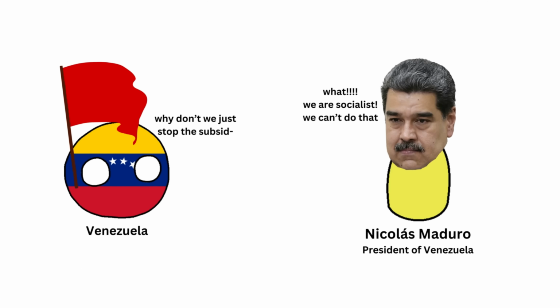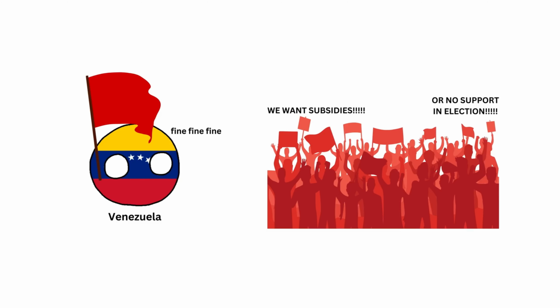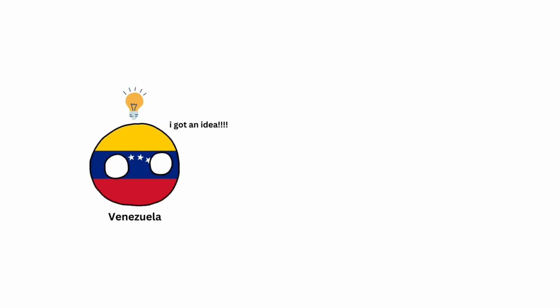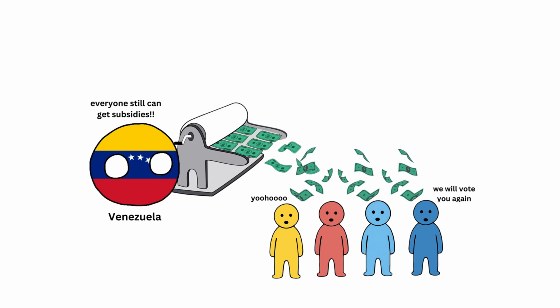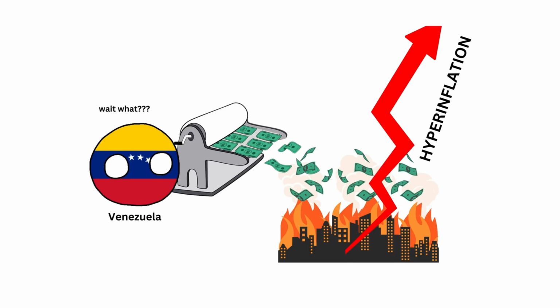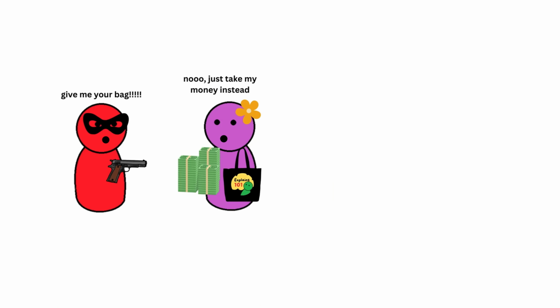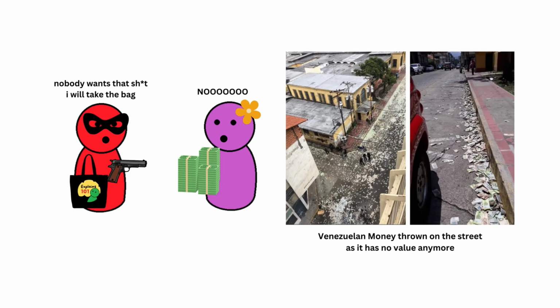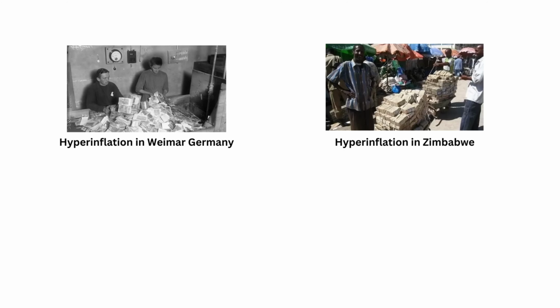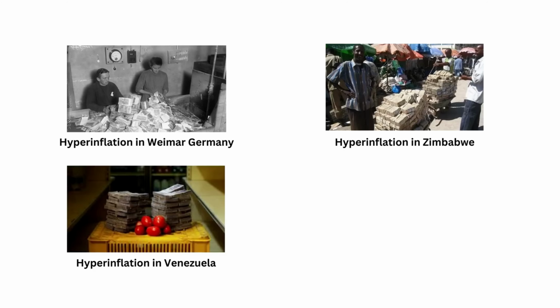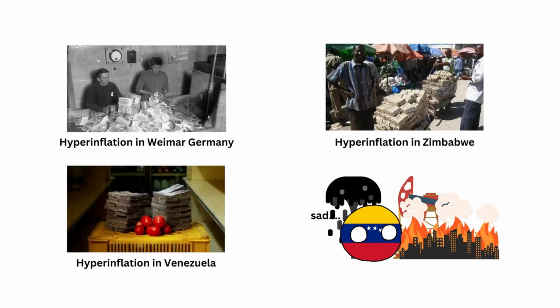As a socialist government, they couldn't just stop or decrease the subsidies, as it would anger the people. So, they continued the subsidies by printing more money. This excessive printing of money led to hyperinflation, where prices rose incredibly fast. The Venezuelan currency became worthless, with people even throwing it on the streets because it couldn't buy anything. Conclusion: inflation. This example shows how printing too much money can have disastrous consequences, even for a country with valuable